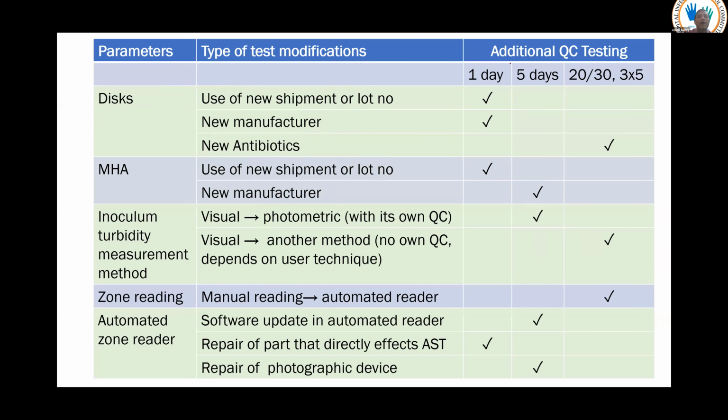These are the additional QC recommendations. Some places you have to just test once and then go ahead. Some places you have to test for 5 days consecutively, then go ahead with the weekly plan. Some places it is different, for example, if you want to test a new antibiotic,